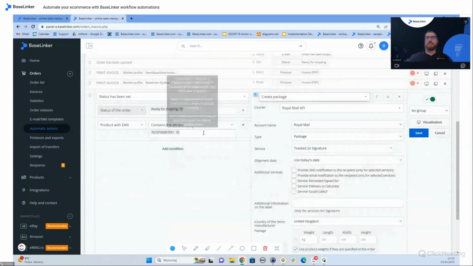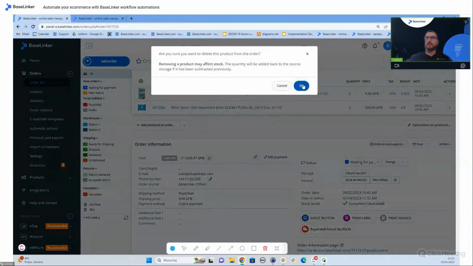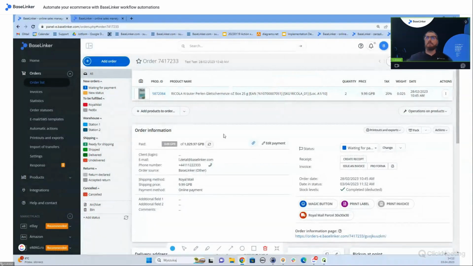Okay, so again, if I know my products well, and I know that this is going to be a small product, it will be just one product in this order. Because you're selling, for example, high value products, and usually people order just one or two of them, and this is a really cool automatic action that can save you a lot of time, because if you define the dimensions of the packages that are supposed to be assigned to the products, this is something you can do within the